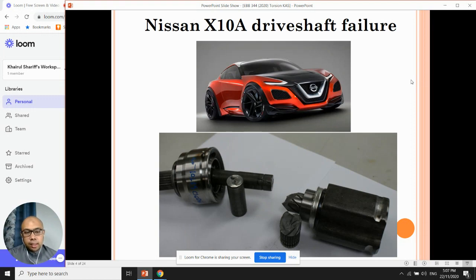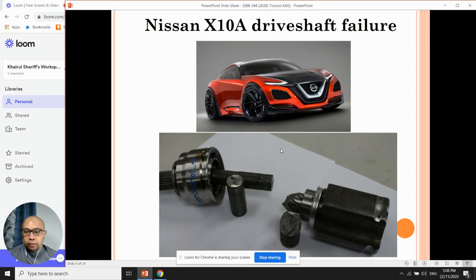As you can see at the bottom, this is the drive shaft for the Nissan X10A. So you can see these two different conditions of the fracture mode